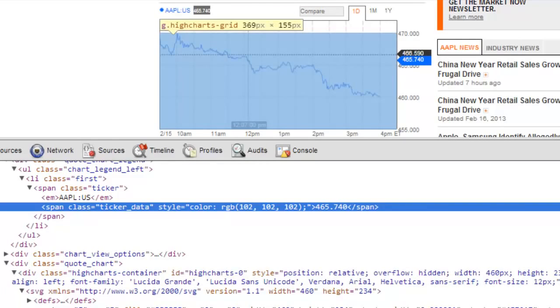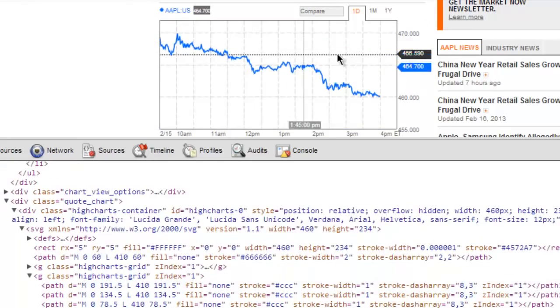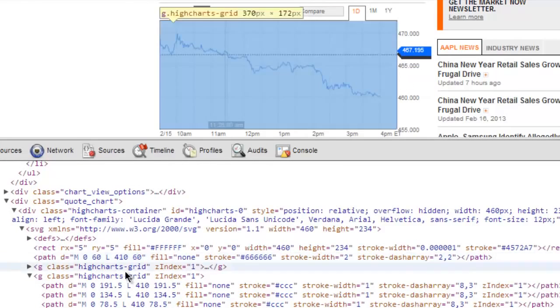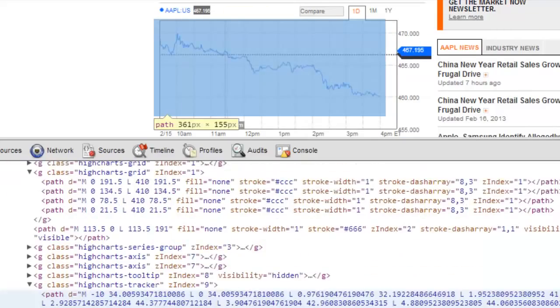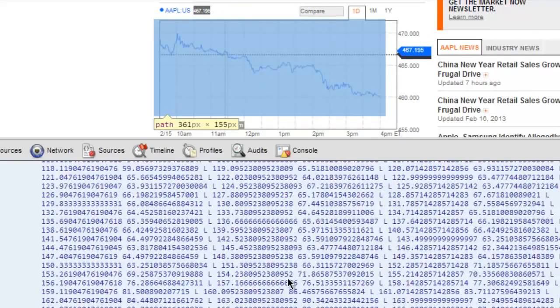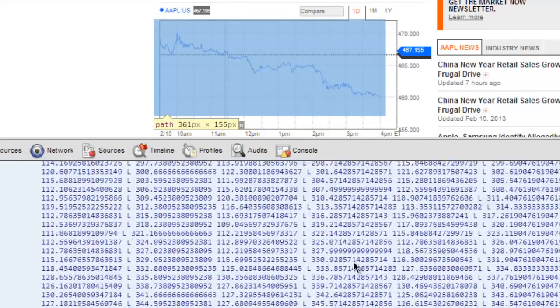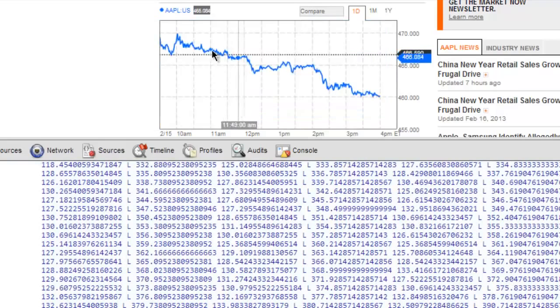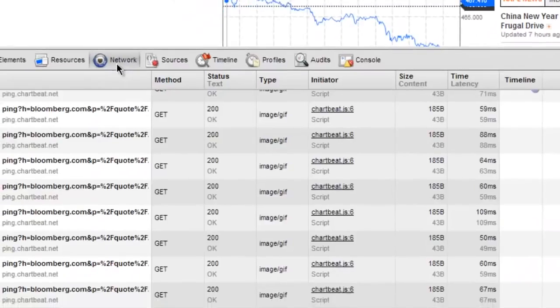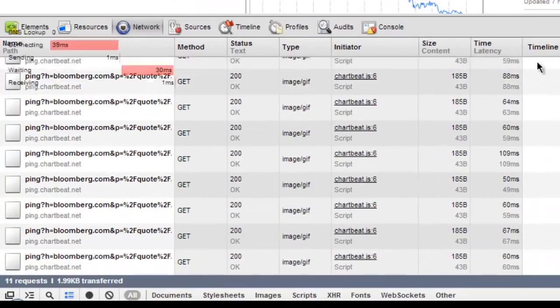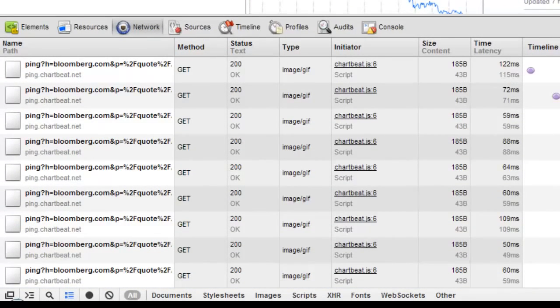Here we can see, so this data, it looks like it's just some sort of a function that they use to draw the chart. It's not actually price data. So why don't we try looking at the network tab, and we'll refresh the page,